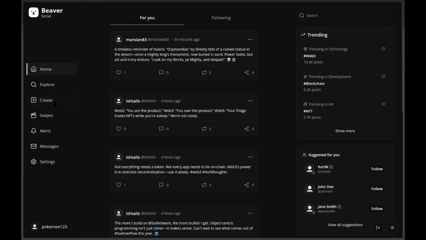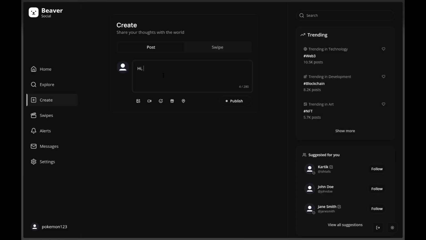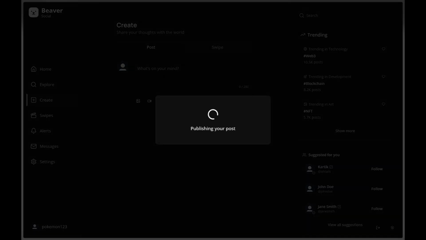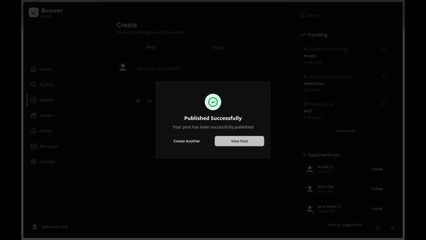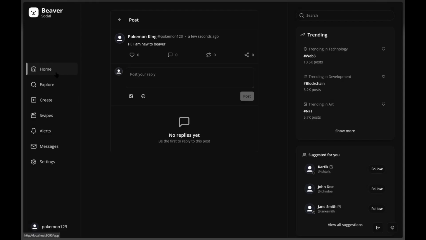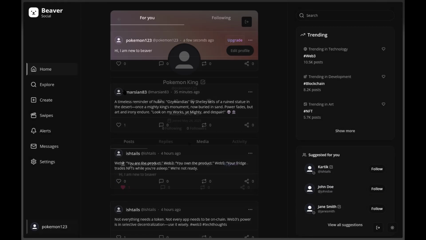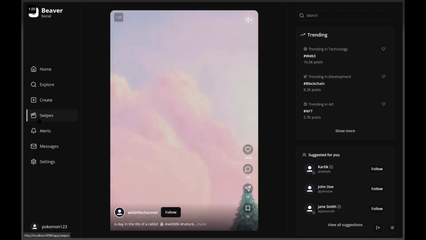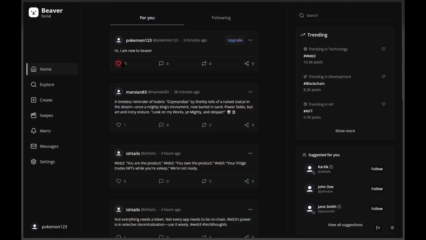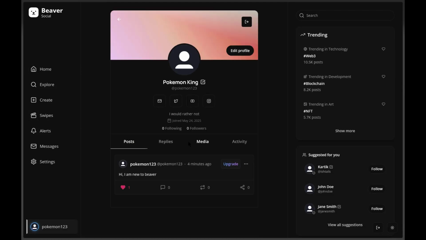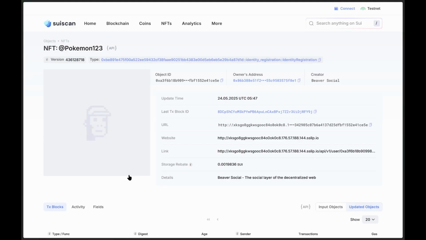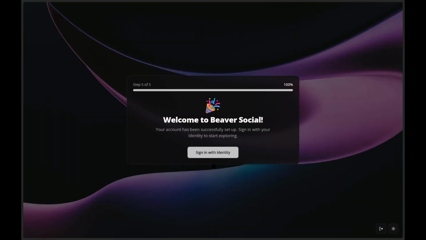Let me walk you through an example demo application that we have created to showcase our Beaver SDK. This demo application is built using the Beaver React one, but you can use the TypeScript one or the React Native one to build yours. It implements features like feeds, profiles, and even short form video content. You can create posts, like posts, create profiles, create on-chain identity, and so on. But the core takeaway is that this is all powered by the Beaver toolkit.